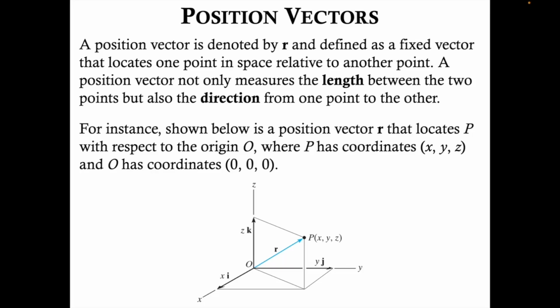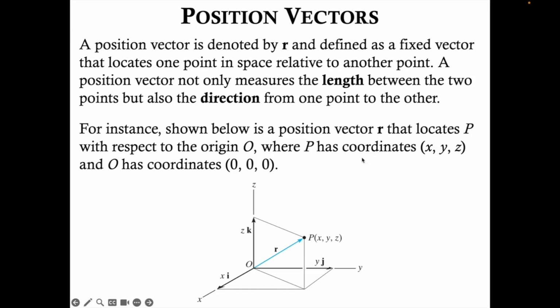A position vector is denoted by lowercase r, which we're showing in bold to represent it as a vector. A position vector is defined as a fixed vector that locates one point in space relative to another point. A position vector not only measures the length between 2 points, but also the direction from one point to the other. For instance, shown below is a position vector r in blue that locates P with respect to the origin